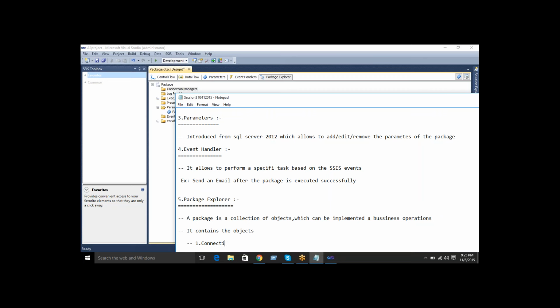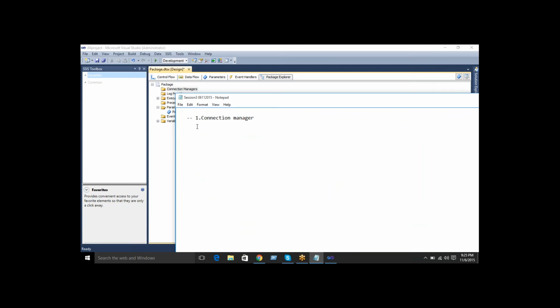What are the objects? One is connection managers. Second is log providers. Third is executables. Fourth is precedence constraints. Fifth is parameters.